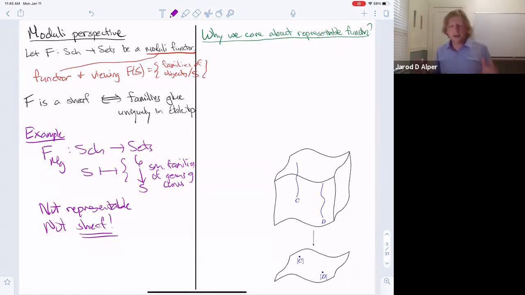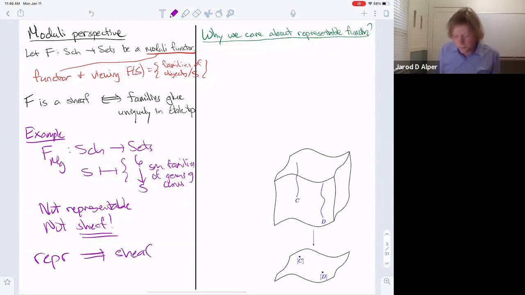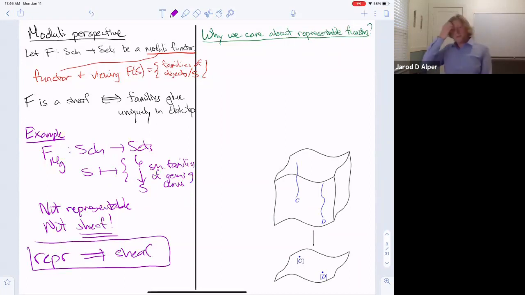And because we want something to be representable, and what we saw on the previous page was that a representable functor is a sheaf. So the sheafiness is maybe the first obstruction, or the first thing you want to check if you want to check that you have a representable functor. So what we showed on that previous page was that representability implies that it's a sheaf. Great. But maybe something I didn't emphasize as much last time is why, in the first place,